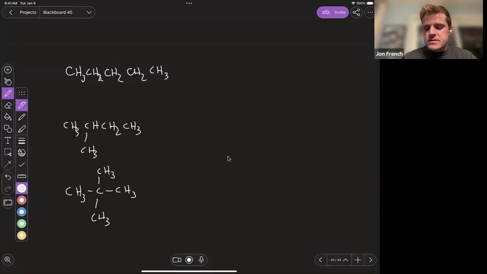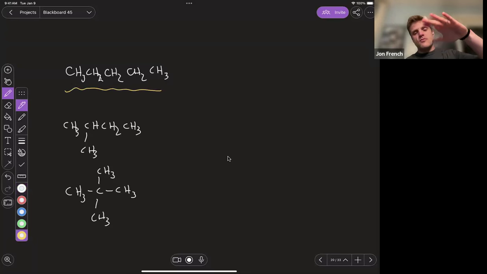So here it's about how they fit together and the surface area for the intermolecular forces. We have this nice long chain here. That larger chain has more surface area for overlap, so a higher boiling point because we're going to have more